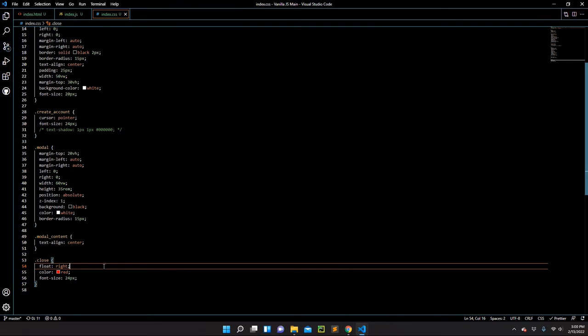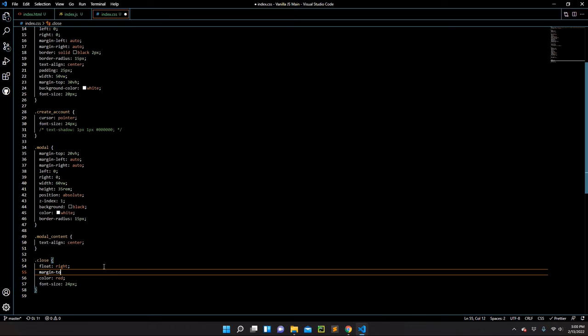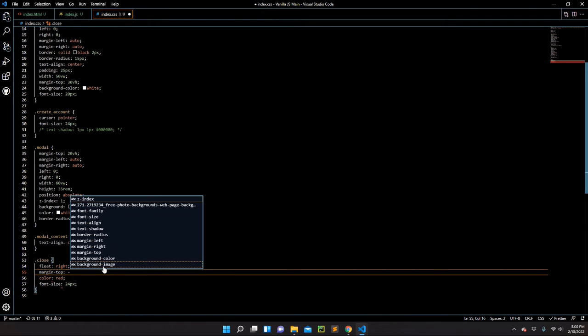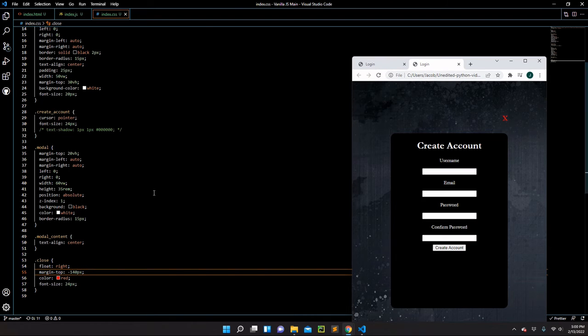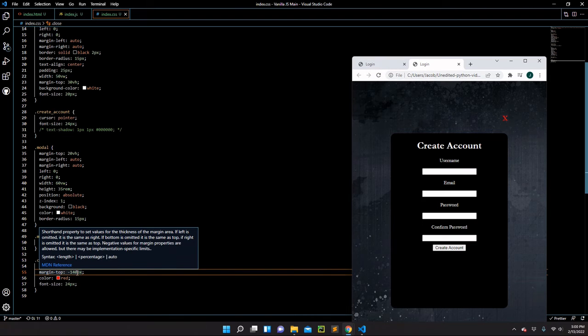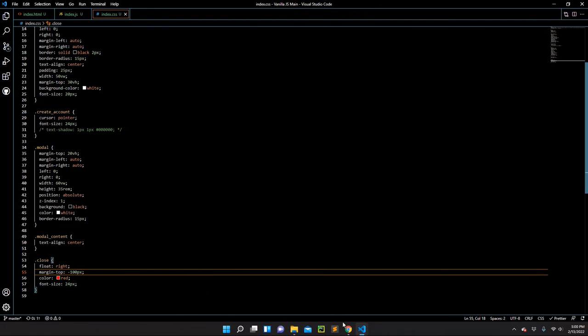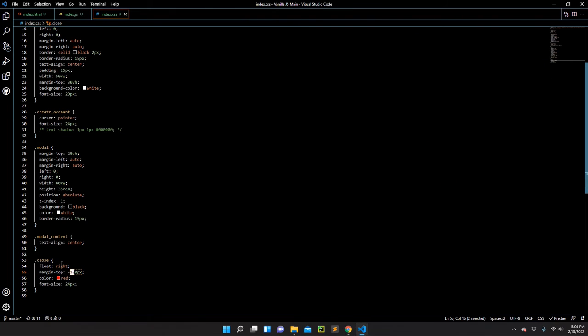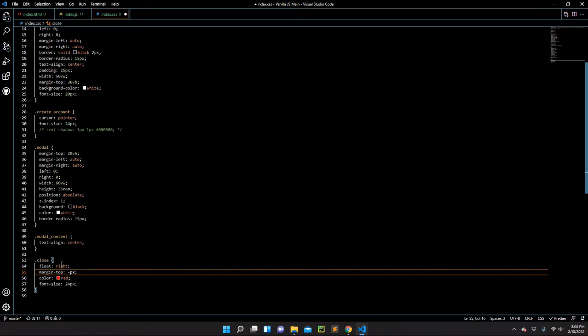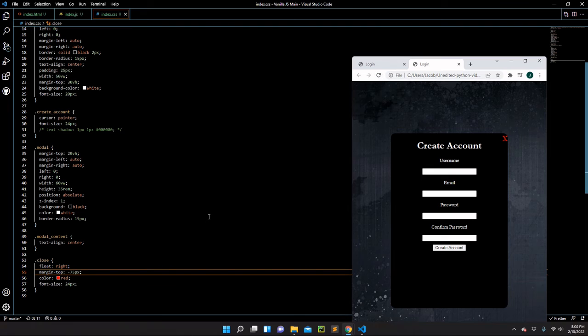So I'm going to say margin top, and I am going to give it a negative, let's try 140 pixels. See how that starts. Okay, so that's too high. Go down to 100. Okay, give it a 75. Let's try that. Okay, that's just about